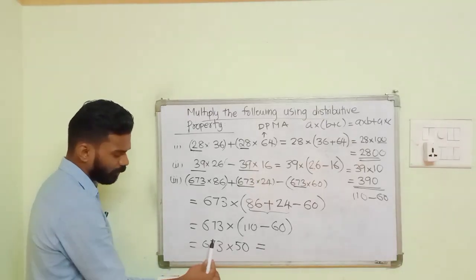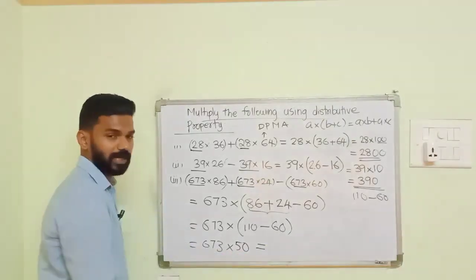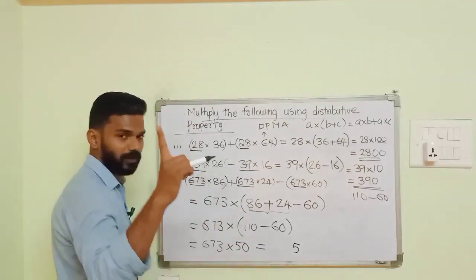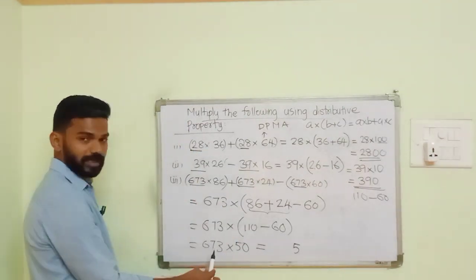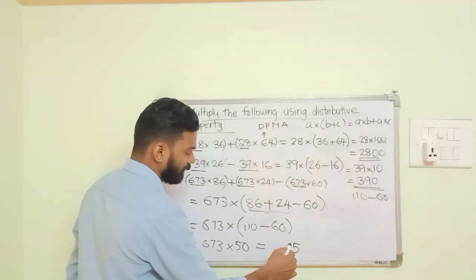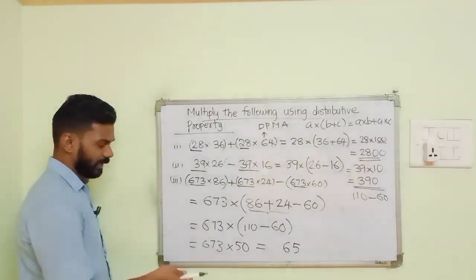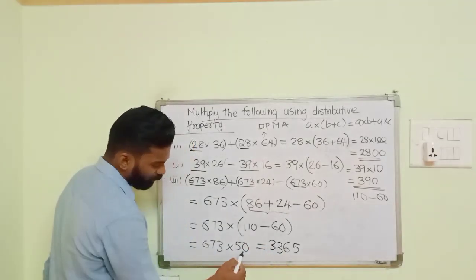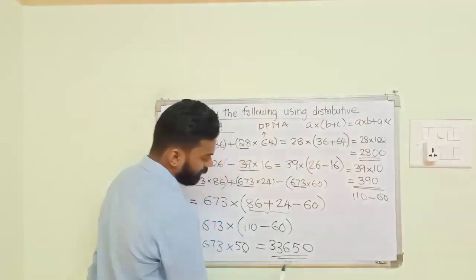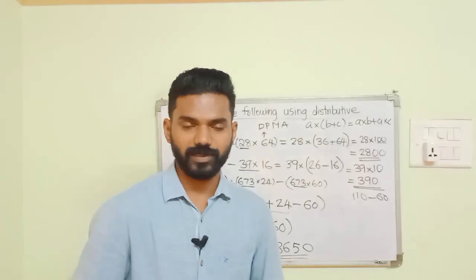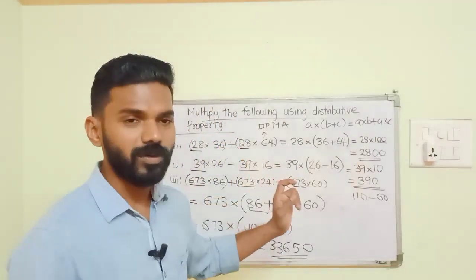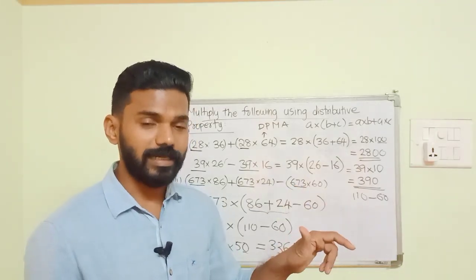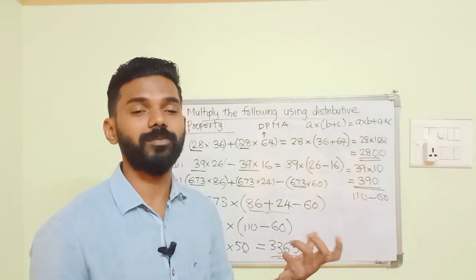What will be the answer? You just have to multiply it by 5 and put a 0 at the end. Okay, 5 3s are 15, for which 5 we can place here and 1 will be carried. Now 5 7s are 35 plus 1 carry, it will become 36, for which 6 place here, 3 carry. Now 5 6s are 30, 30 plus 3 will be 33. Now you can put the terminal 0, so that 33650 will be the answer. So this is how we apply the distributive property of multiplication over addition and subtraction, and we simplify many problems.